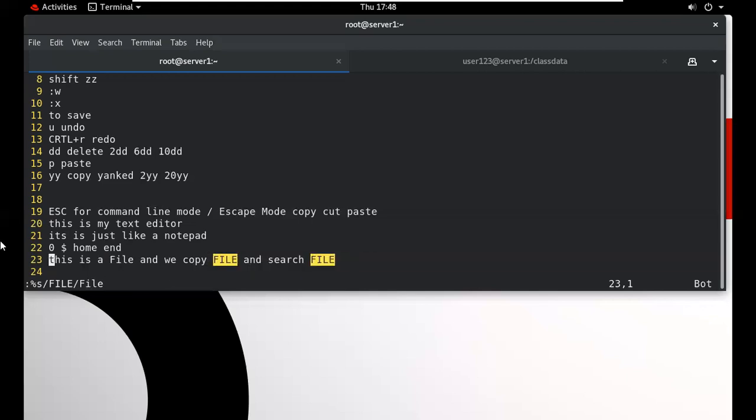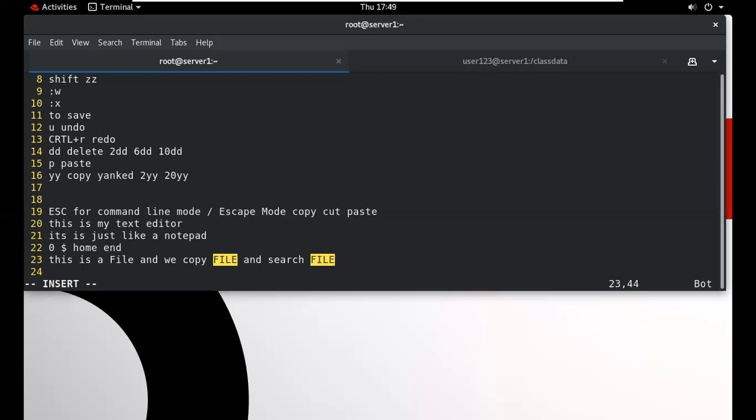So if we want to change only this particular file option, you don't ask me this question. Put the cursor on this option. So this option will be changed.